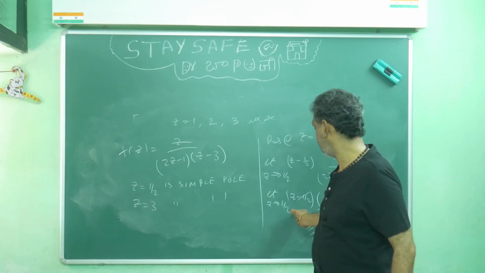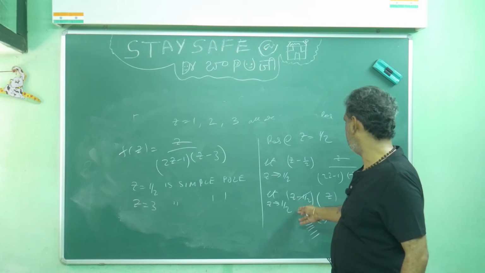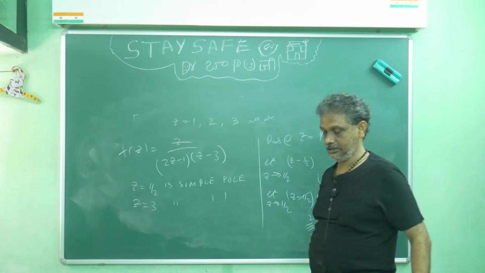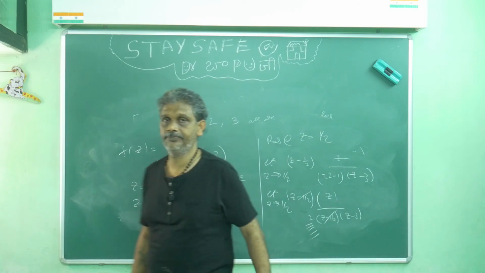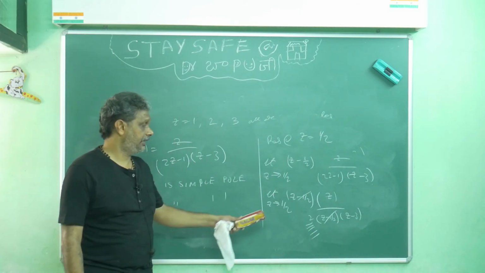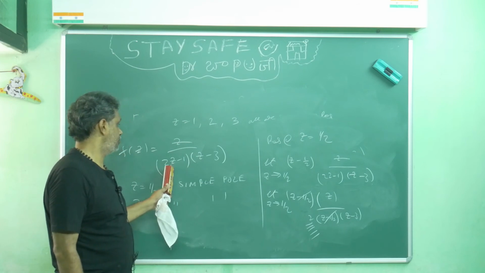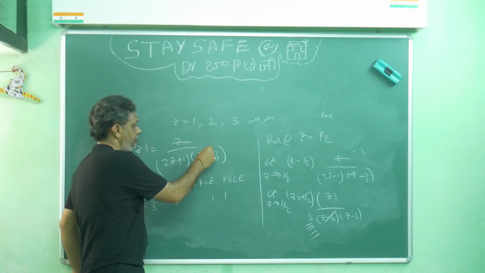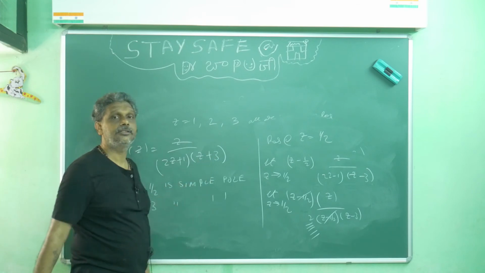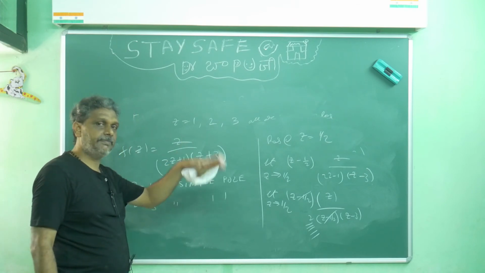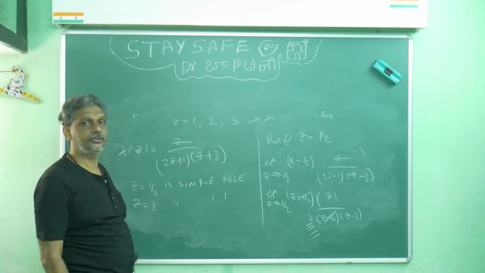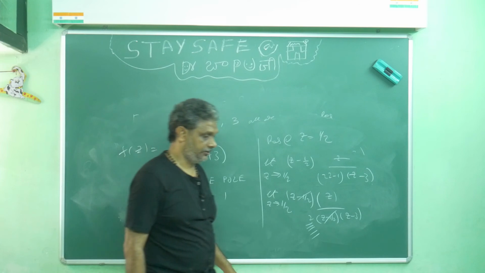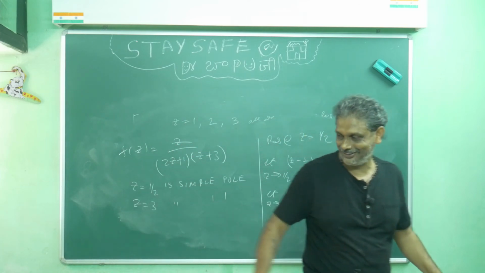It's a very dangerous position. Now we can put z equal to 1 by 2, 1 by 2, 1 by 2 minus 3, then you will get the residue. It's an LKG problem. So how to attack is important. Like 2z minus 1, 2z plus 1 means z is equal to minus 1. This is z equal to minus 3. So limit z tends to minus 3, z plus 3. So carefully you can write. Simple poles only we talked about now.